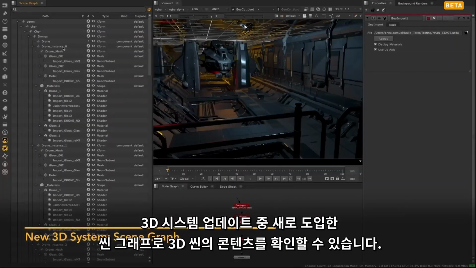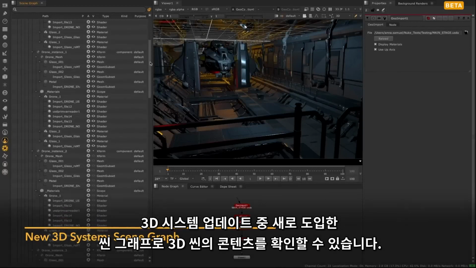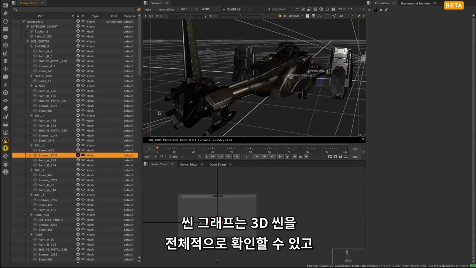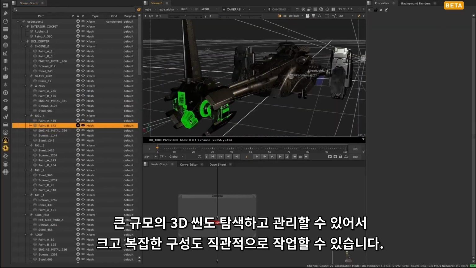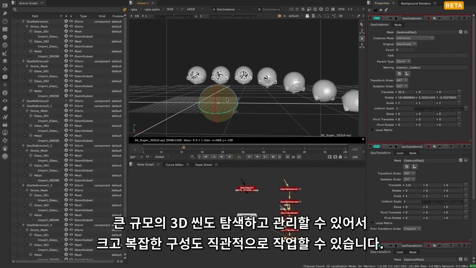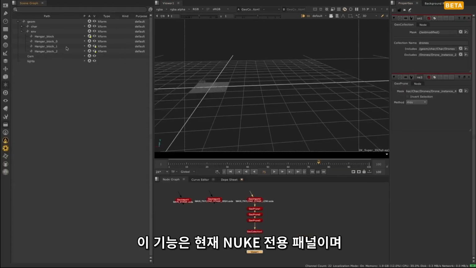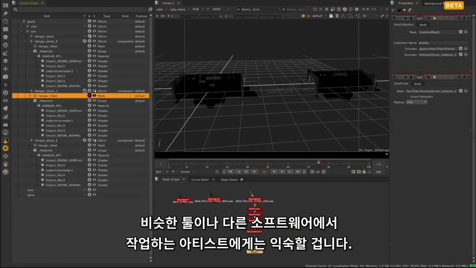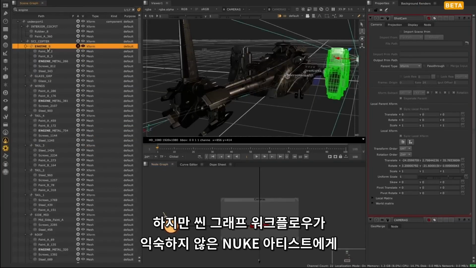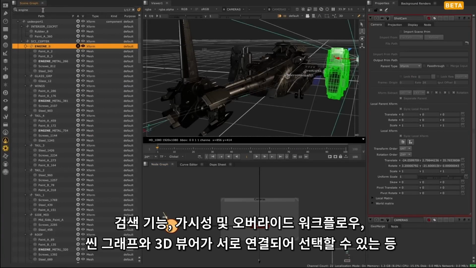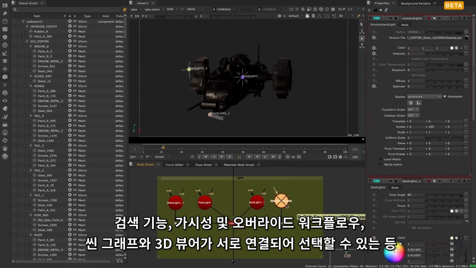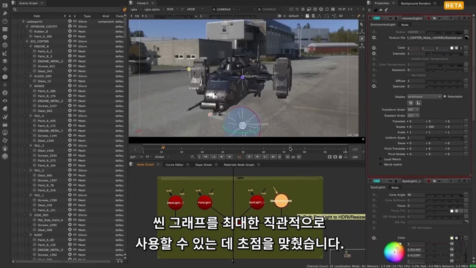As part of the 3D system update, we have introduced a new performance scene graph to allow you to view the contents of your 3D scene. The scene graph offers an overview of your 3D scene and is a tool to view, navigate, and manage large 3D scenes, allowing artists to work with much larger complexity in an intuitive way. This is now a dedicated panel in Nuke and will be familiar to artists who have worked with similar tools in other software. But for Nuke artists less familiar with scene graph workflows, we are focused on making this as intuitive as possible with features like search functionality, visibility and override workflows, cross-selection between the scene graph and 3D viewer,